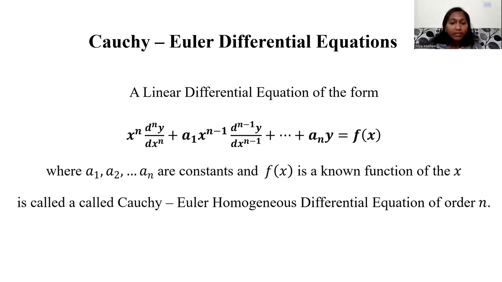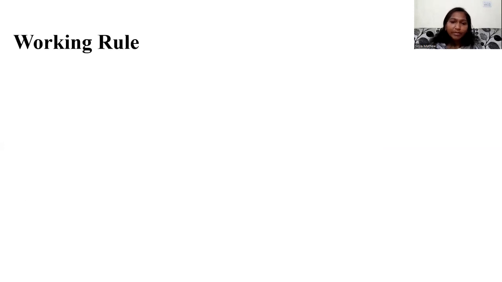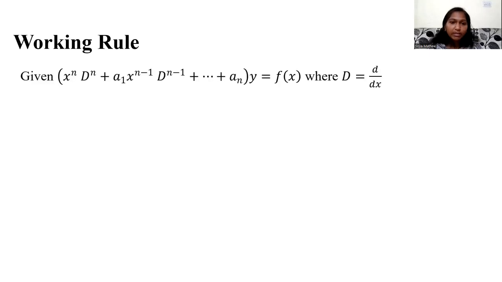Here a1, a2, etc., a_n are all constants, and the RHS f of x is a function of x. You can see that the highest order of the differential equation is n. So this is a general differential equation of order n. We are going to deal with a second order differential equation. So let us look into the working rule. Let me take the nth order differential equation,